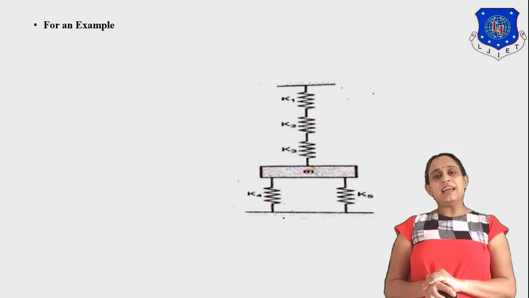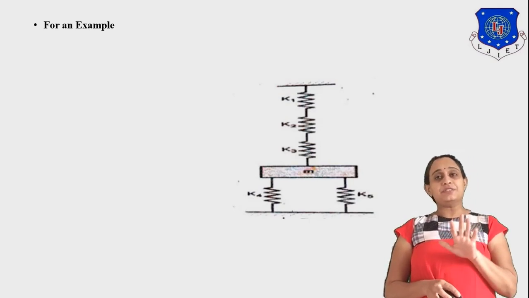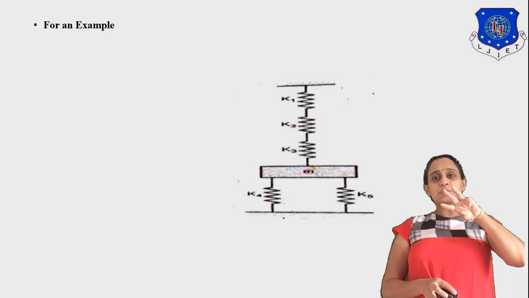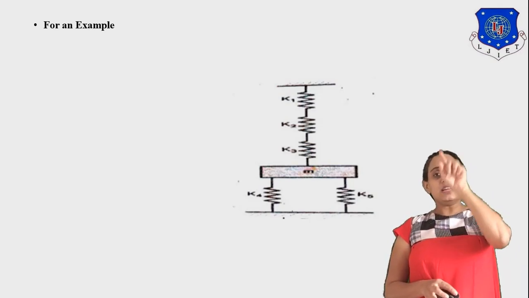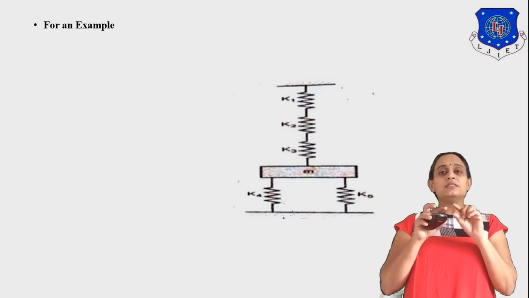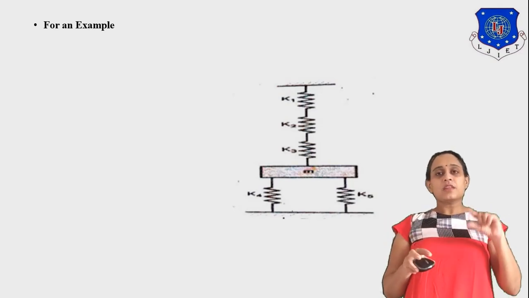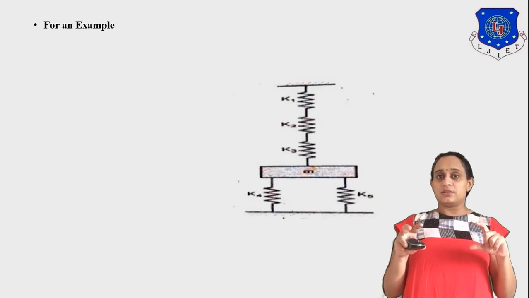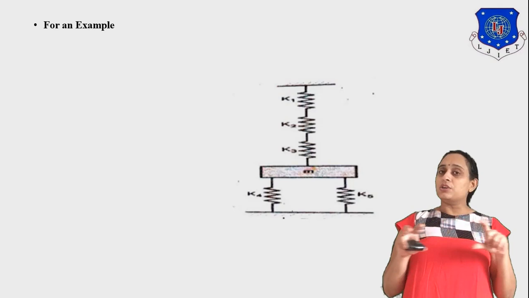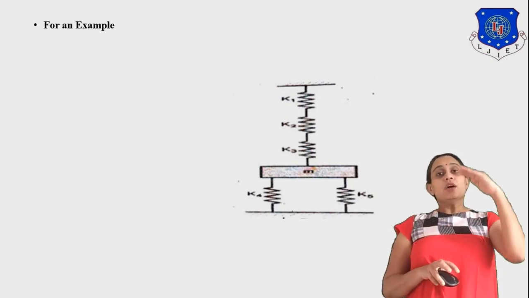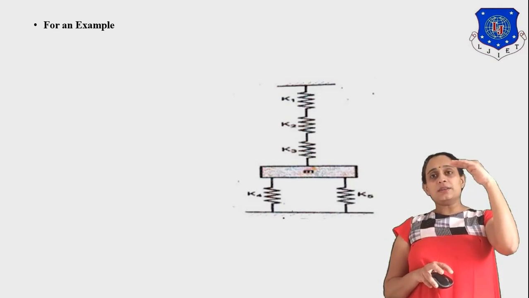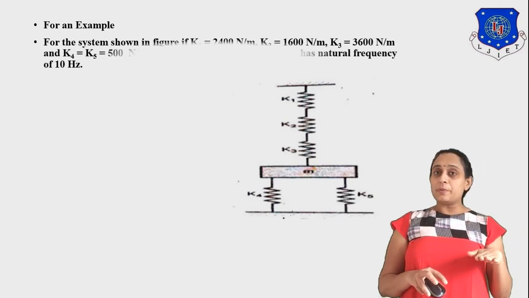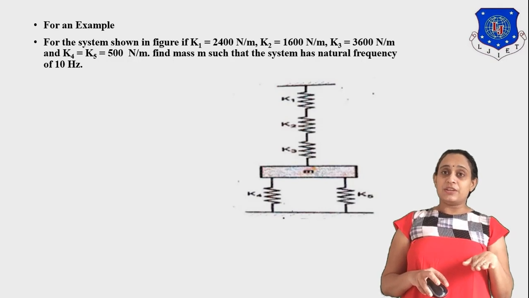For our example, as you see, we have nearly 5 springs. K1, K2 and K3, 3 springs are attached in a series. As we see, in between there is a mass. K4 and K5, both the springs are parallel to each other. Okay, and they are at the bottommost position. Now, at the firstmost part, it is the rigidly fixed support system. At the lowermost part, it is also the rigidly fixed system.